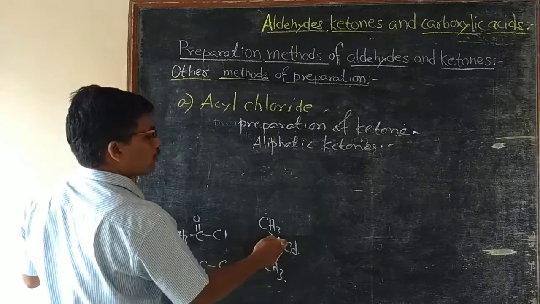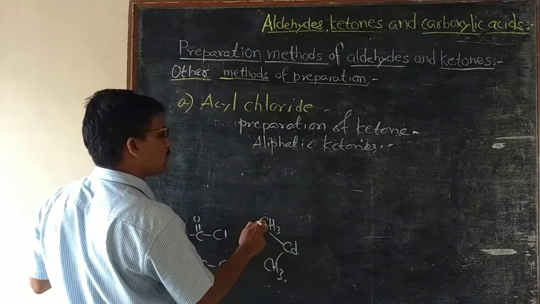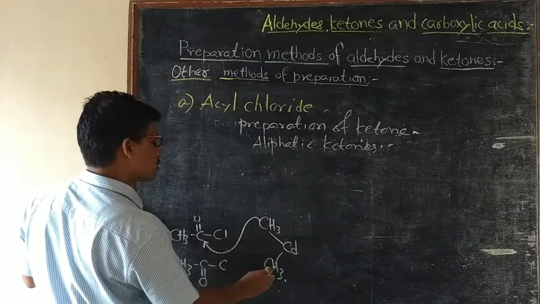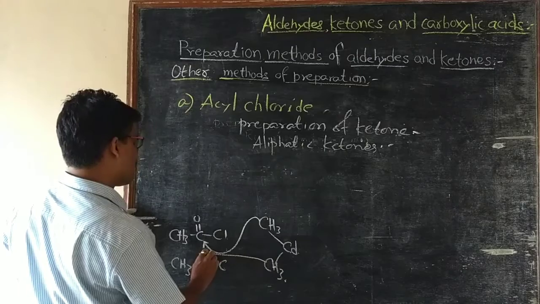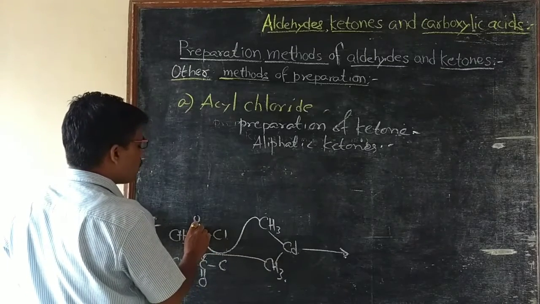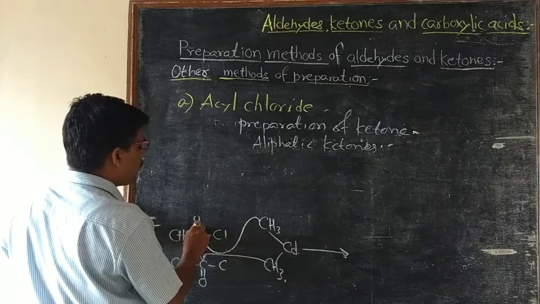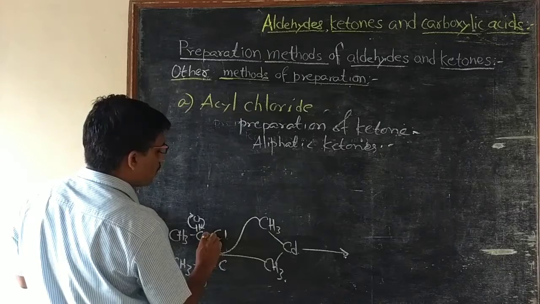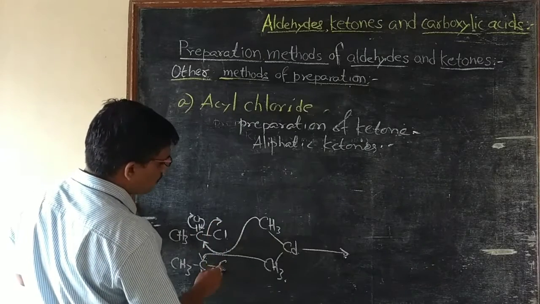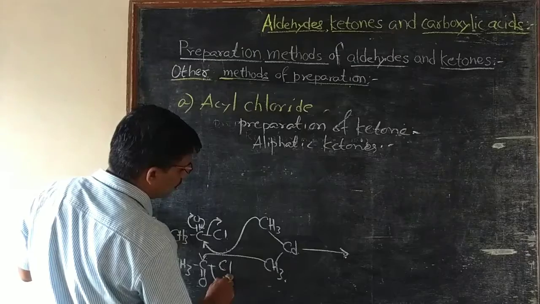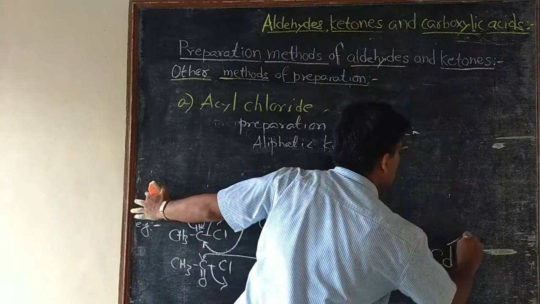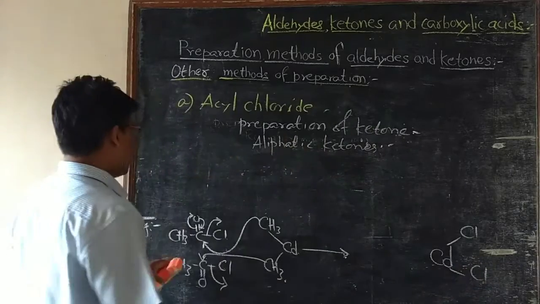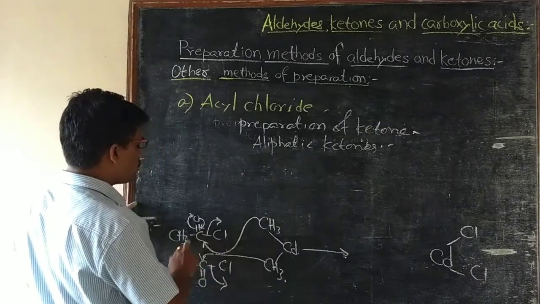In this case, this has partial positive charge, this methyl group has partial negative charge. This methyl group approaches this carbonyl carbon, then the pi electrons go to this oxygen, then come back, and this chlorine goes with its electron pair. The same process takes place in this way also, to form CdCl2, that is cadmium chloride. And what is left is our desired product, that is